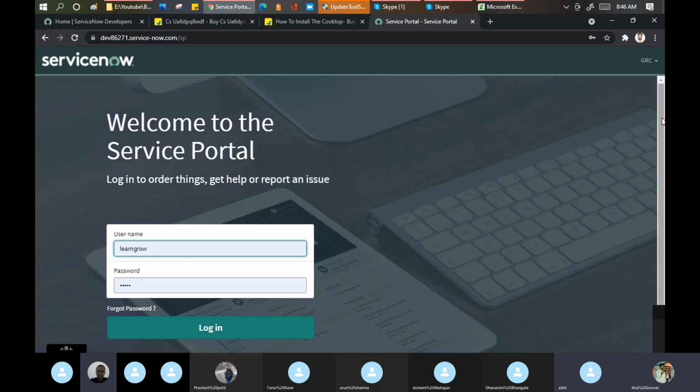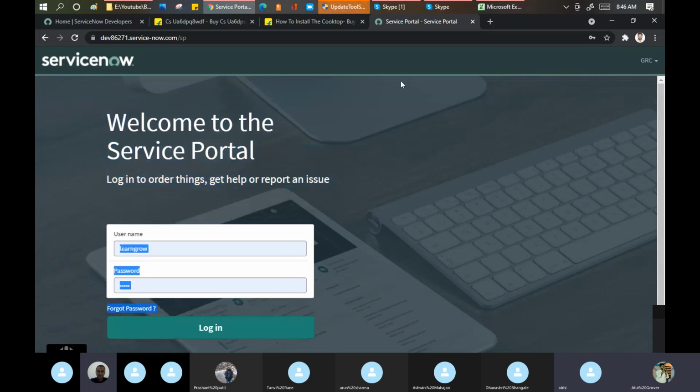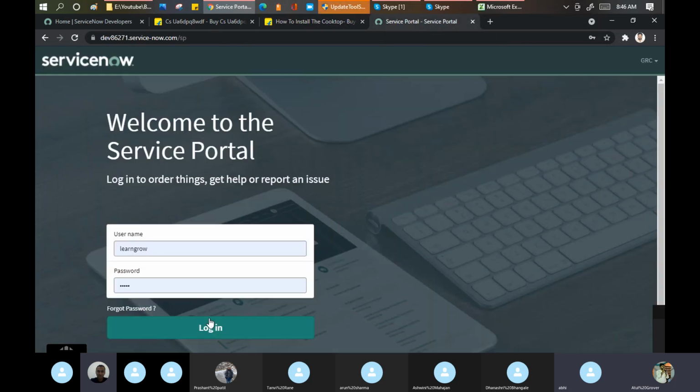So see, this is the service portal front page for me. As I told, you can activate that property, you can activate that plugin in my instance as well, where you find this self-registration. If you click on that, it will take you to the sign up page this way, and then you can create your account easily. So I'm logging into my instance.